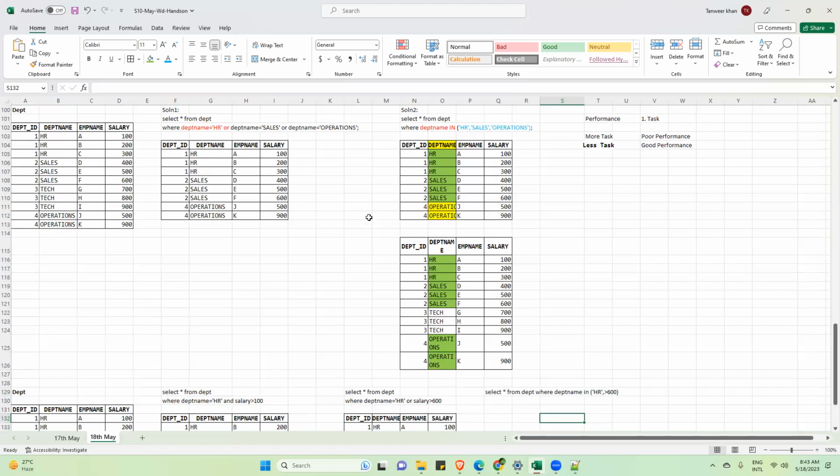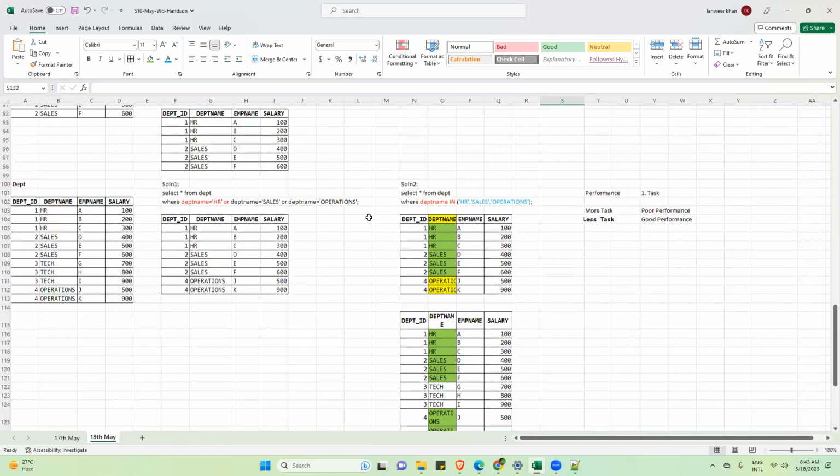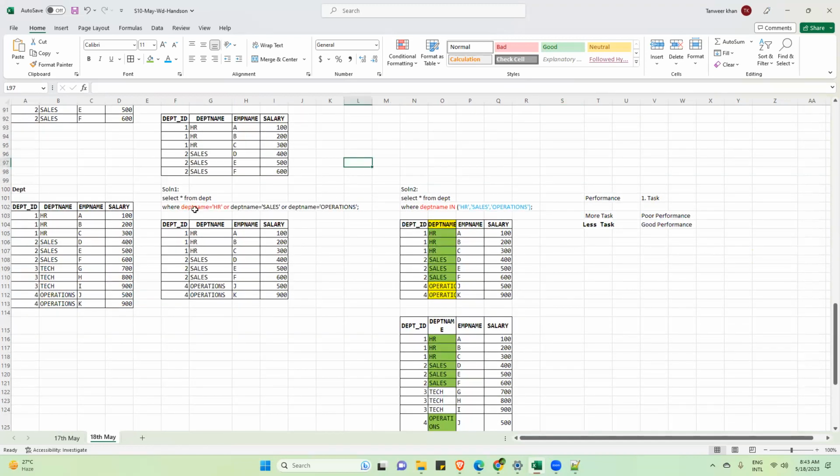Now I have a question. Okay, fine. Tanvir, you told that if you have the same column and they all are separated by OR, so you have this shortcut, the IN operator, and this is good for performance. So this is clear. Do you have a similar shortcut for the AND operator? Because you have told here for the OR operator. So do you know any shortcut for the AND operator, guys?